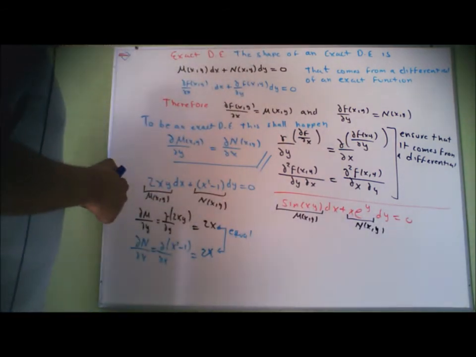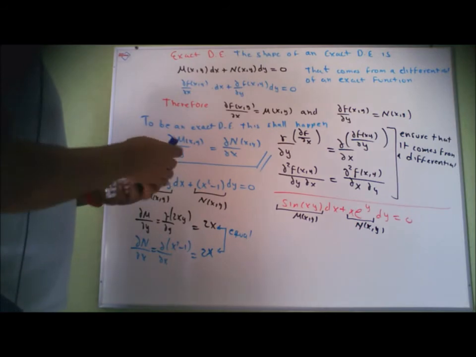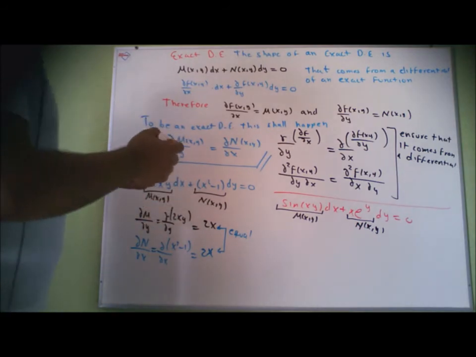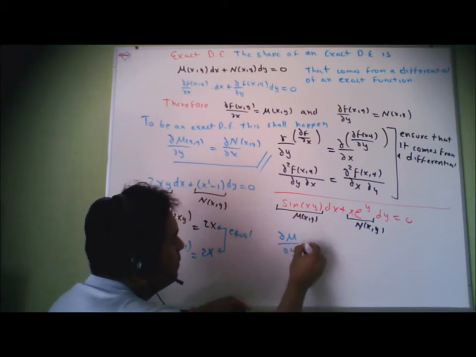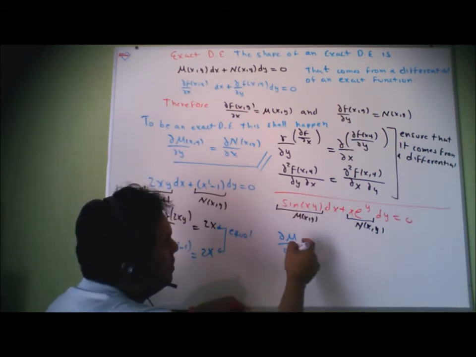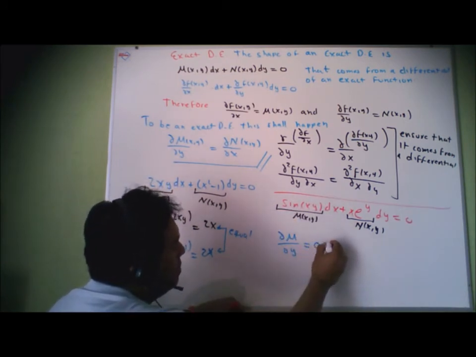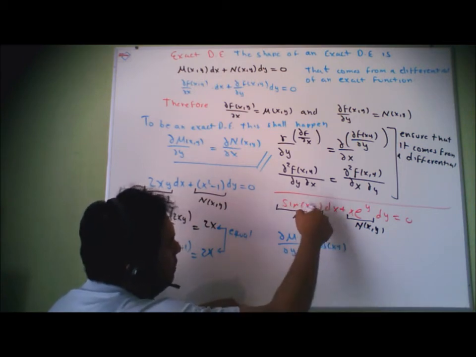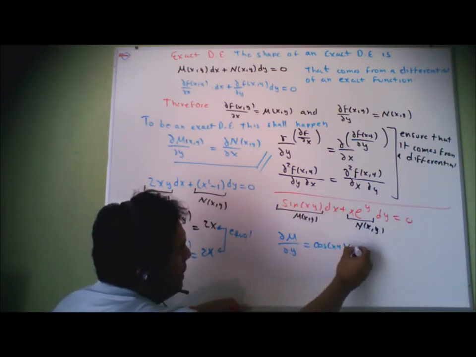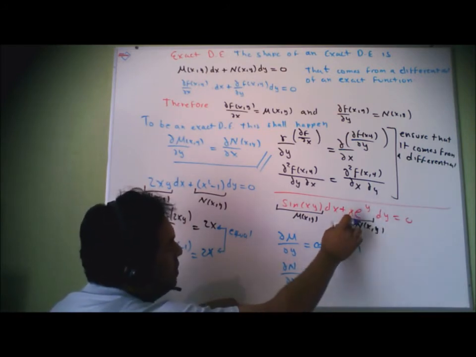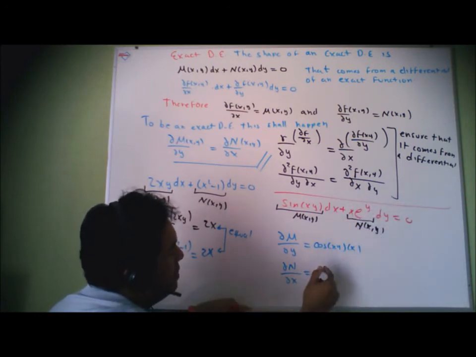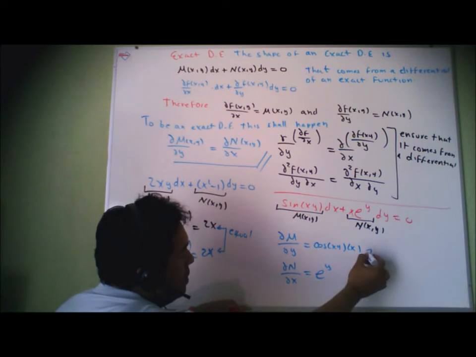Okay, let's do the checking if the cross partial derivatives are the same. So let's do the partial of M with respect to y. Derivative of this with respect to y. Derivative of the sine is the cosine of xy. Derivative of this with respect to y is just x. And then the partial of N with respect to x. Derivative of this with respect to x, because the exponential of y is a constant, then it's going to be just exponential of y. Now they happen to be not equal,